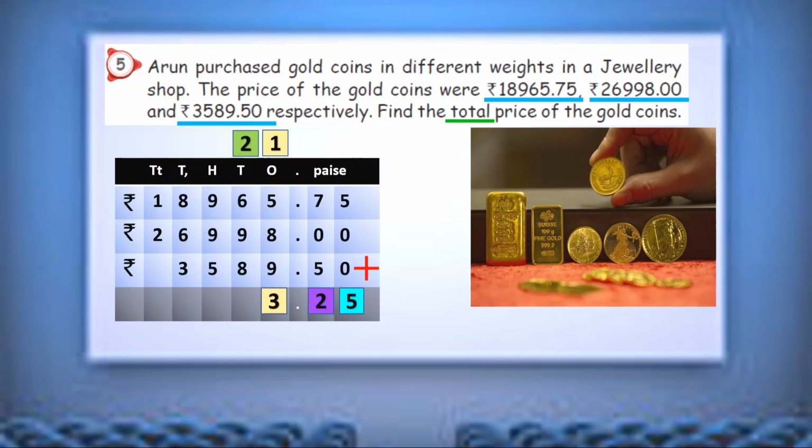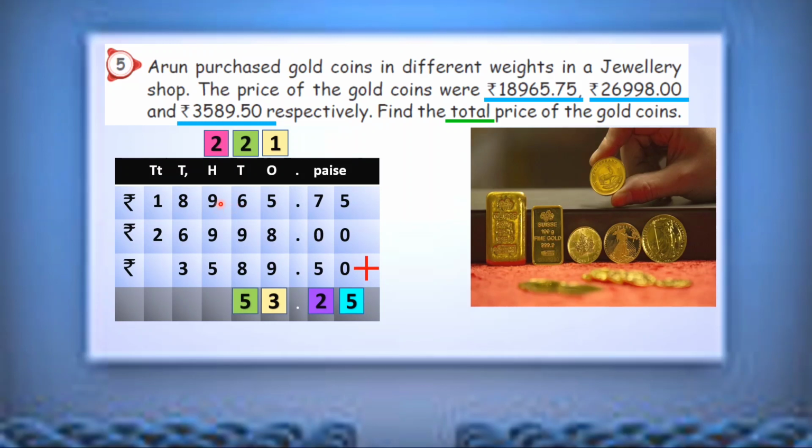Here also we have 4 numbers. Here we have to add these 4 numbers, isn't it? Okay. Let us connect in an easy way. 8 plus 2, 10, isn't it? Then 10 plus 9, 19. If I join from this one, so 20, remaining 5 will be there, so 25, isn't it? So 5 here and 2 above. Like this you have to connect. Then it will be easy for you to do.